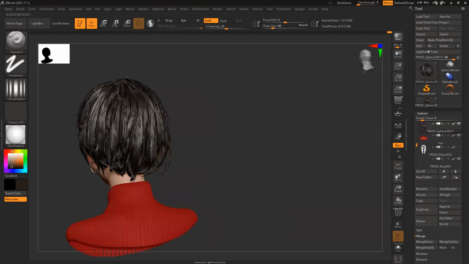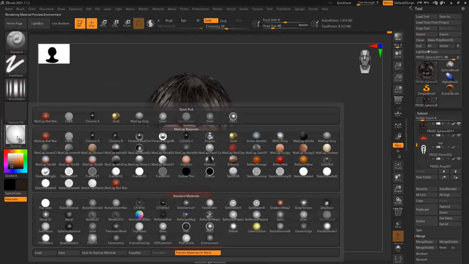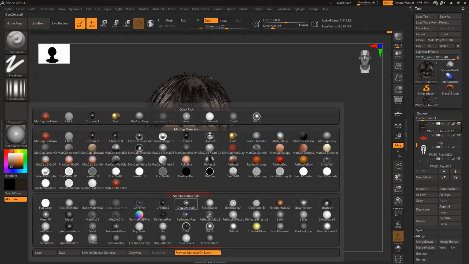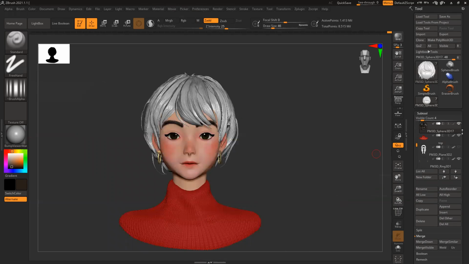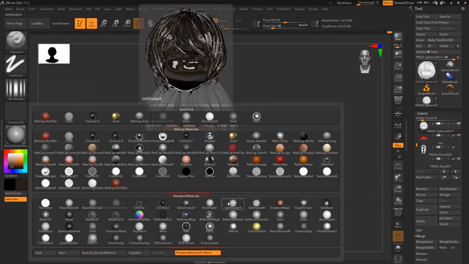Just filling those gaps somehow. And suppose I don't like this shader, I can always change this. If I want to blend, or maybe the toy plastic is way too shiny, switch off the poly paint and then I can change it.